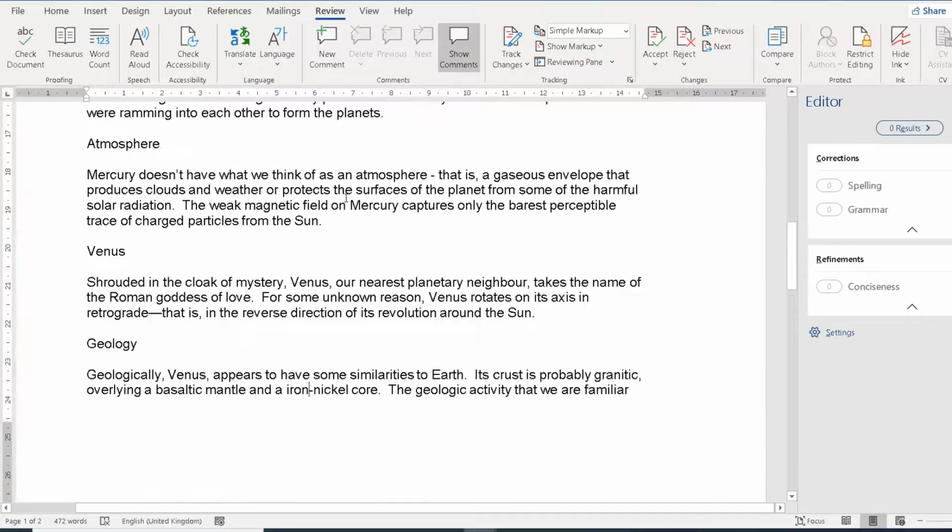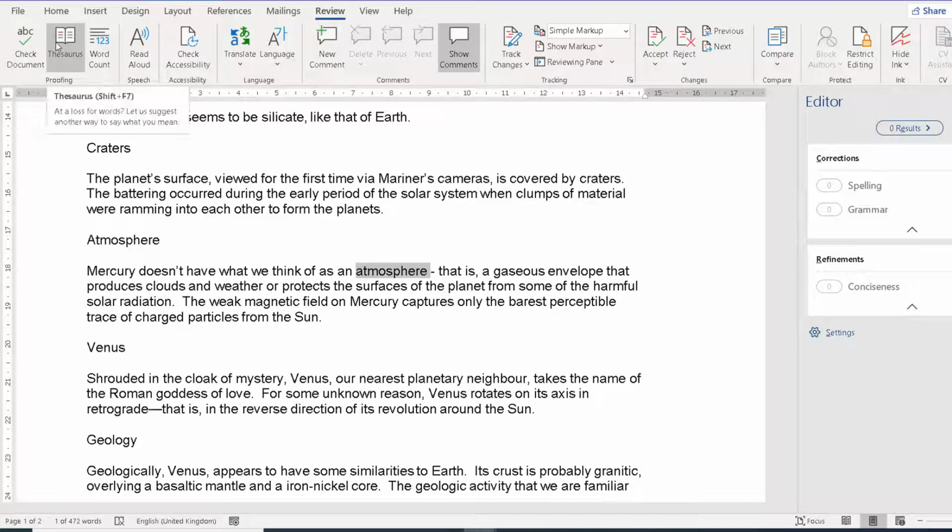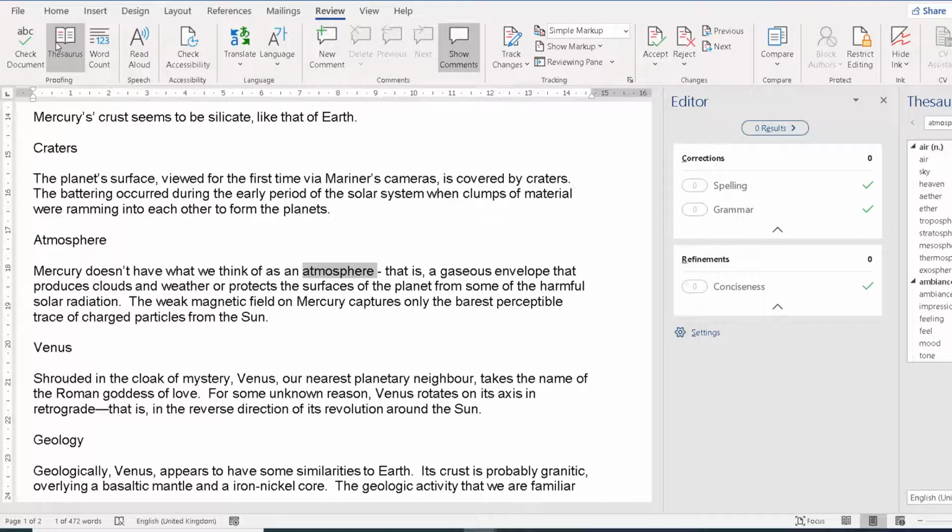Another useful feature of Word is the thesaurus. Now sometimes you type a word and you want to find another word that could mean the same. So for example, we might pick the word atmosphere. If I select the word atmosphere, all I did was double click on that word, come up to the button that says thesaurus, click on that, and what it does, it gives me a suggestion